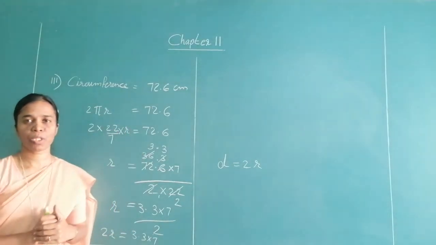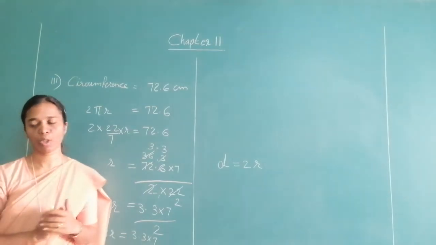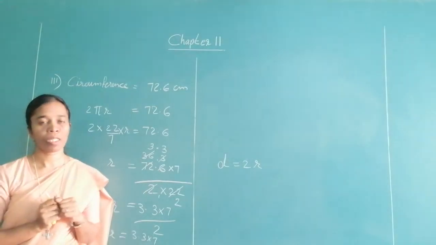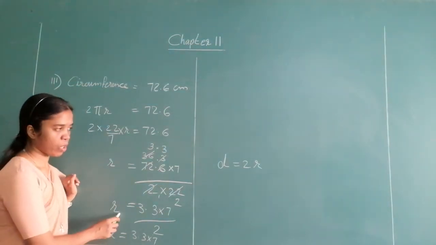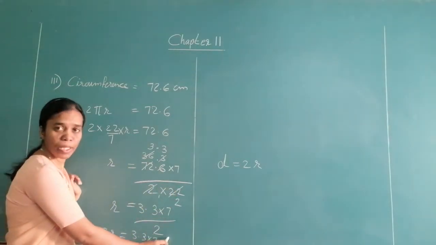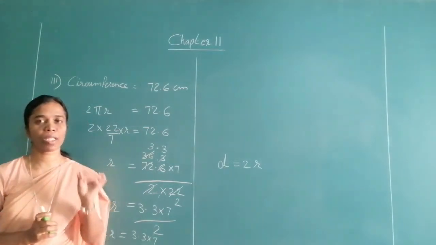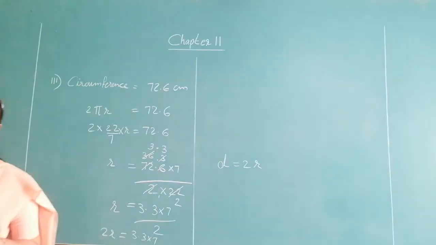So all 4 questions, you first write what is given and solve it in the same manner, not in the table that is given. Please write at the end, please write the units. Radius, whatever you get, write the unit because it is given in centimeters. So please write the units for everything that is centimeter. Okay.